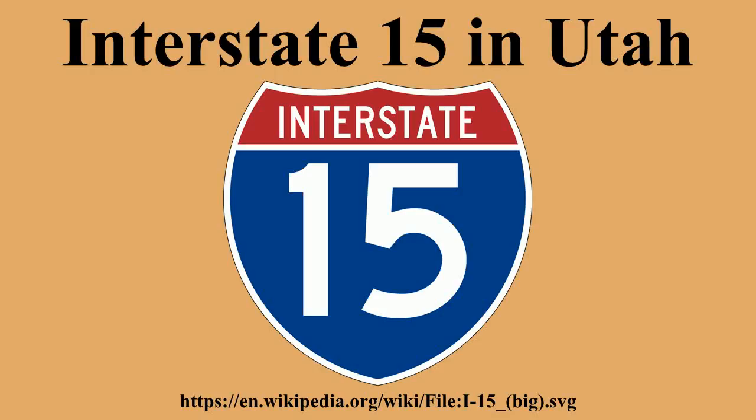George, with an interchange with St. George Boulevard. These 2 interchanges are the southern and northern ends of the St. George I-15 business loop. From this point north, I-15 generally follows the route of the old US 91 to the northern border of Utah. After leaving St. George, I-15 continues northeast and passes through the northern part of the city of